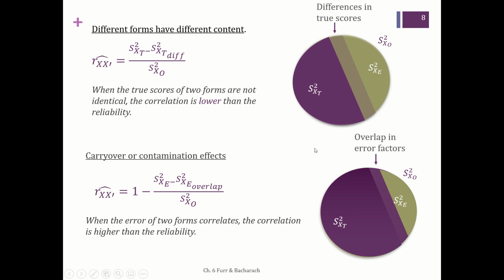The second thing that can happen is that the error part changes from one measurement occasion to the next. Oh, sorry, that one error part influences both measurement occasions. Now, even though it's error, even though it's something accidental, so let's say we have two alternate forms of